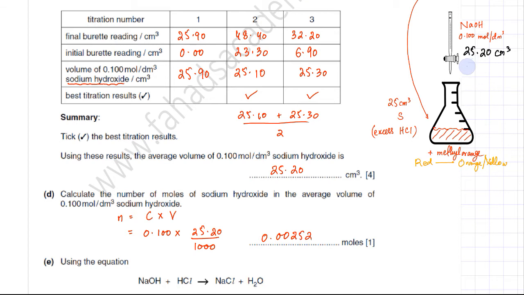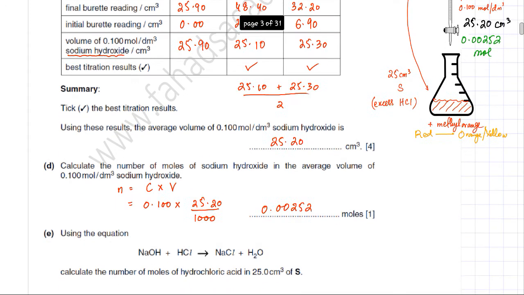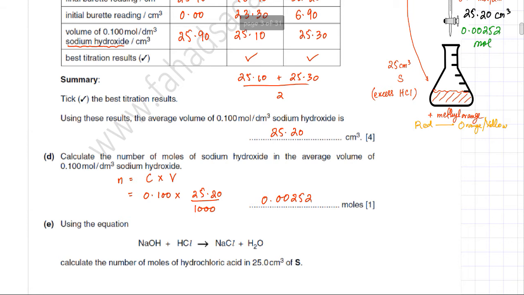So I'm going to add that over here as well. So the amount of moles of NaOH are 0.00252 moles. So that is the amount of NaOH that is being added from the burette into this flask, which contains the leftover HCl. So in the next part, part E, you're now asked, using the equation that NaOH plus